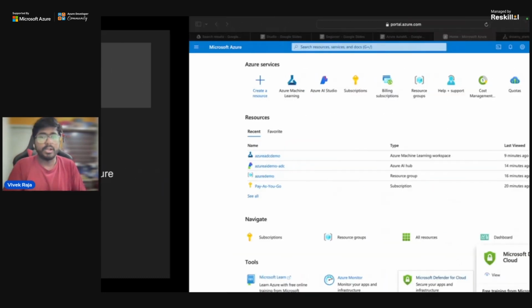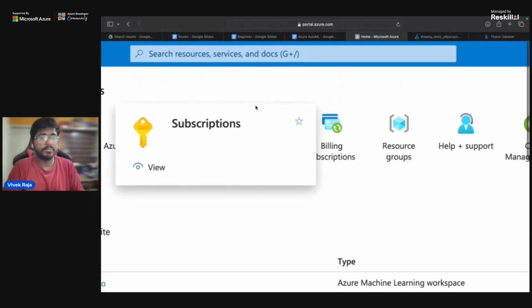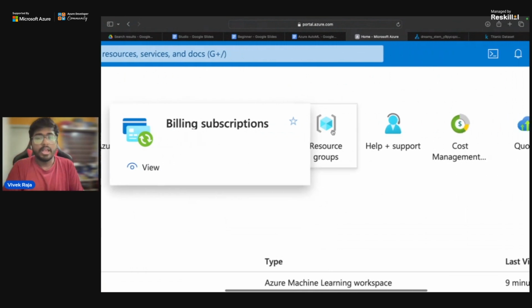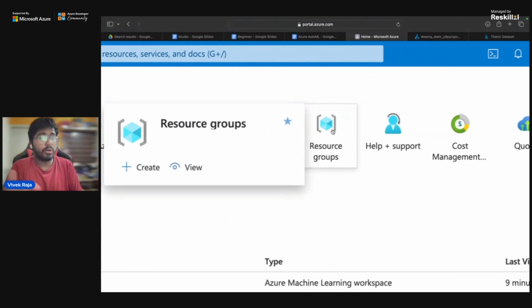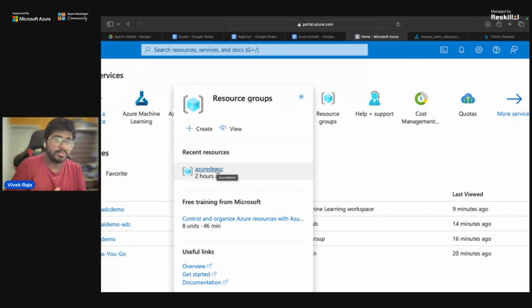Let's quickly check how that looks in the portal. This is your Azure portal, and this is called a subscription. Be sure you go and check your machine learning and billing alerts. Resource groups represent how I want to logically organize things. I have a resource group called Azure Demo, which means that once this session is over, I'm going straight to deleting those resource groups and terminating all those resources. That's how you can do a lot of stuff very efficiently.